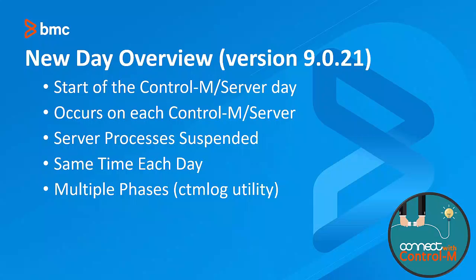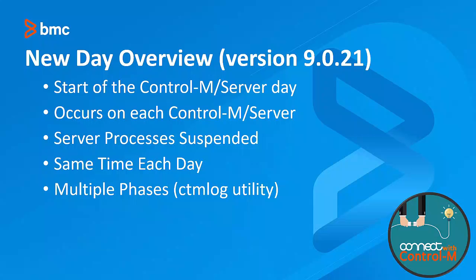Each server has its own New Day, so if you have an enterprise manager with 4 Control Room servers, there will be 4 New Days that occur in total. When New Day runs, all server processes are suspended and no actions can be performed to that server. Thus, it is important for this process to be as fast as possible to ensure your job flows start on time. All jobs currently running on agents from the previous day continue without interruption, and their status is updated after